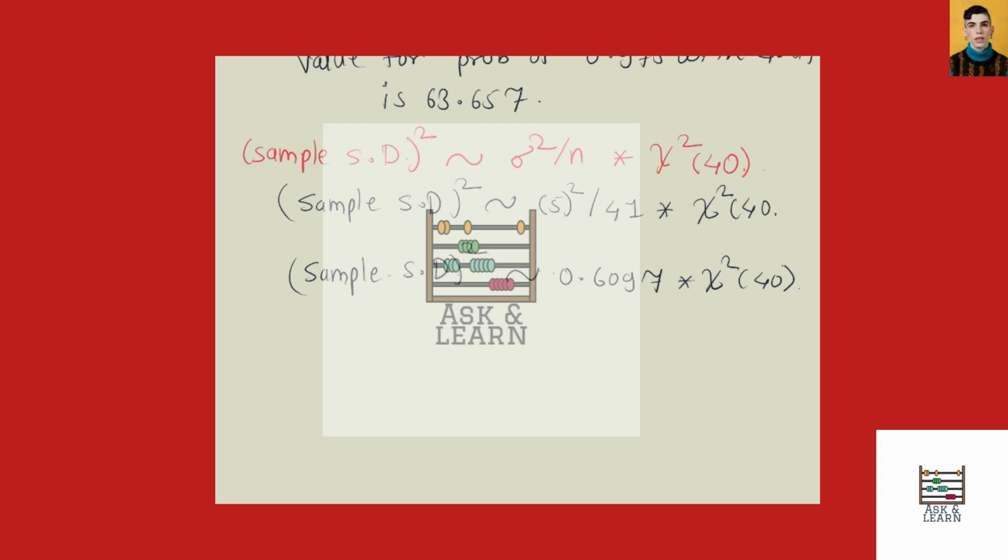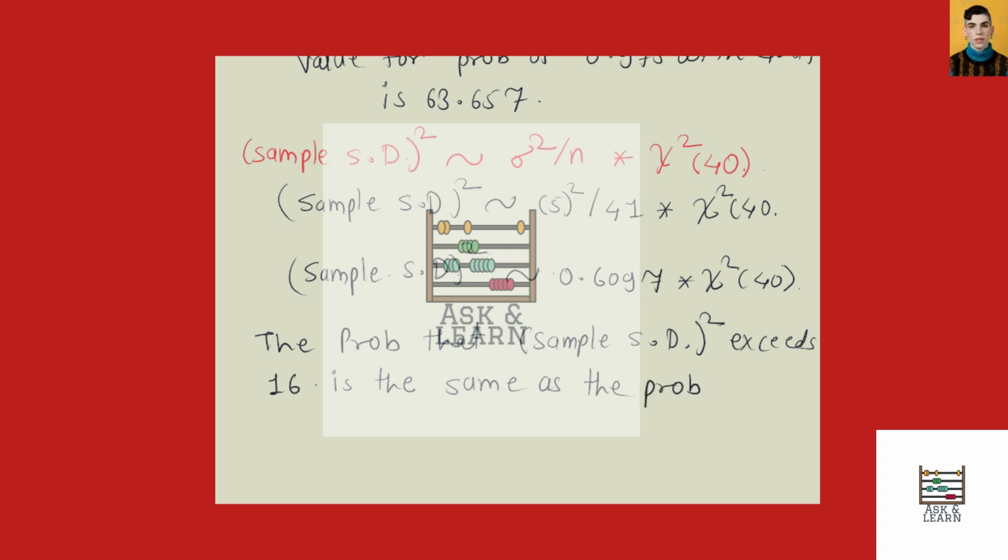So the probability that the sample standard deviation square exceeds 16, which is 4 square, is the same as the probability that 0.6097 multiplied by chi-square of 40